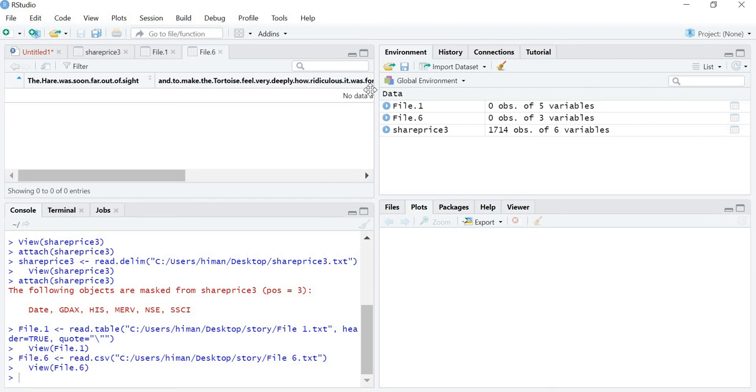If you want to import any Word document or any text which is written in a PDF or in your text form, we have to use different commands. So in our next video, let's learn how we are going to import the Word document, PDF or the data from the text command. Thank you.